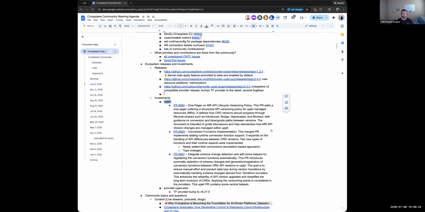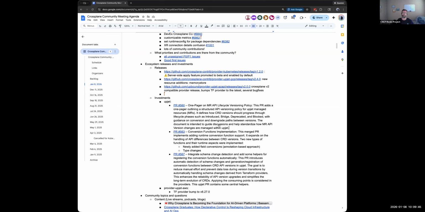Any folks that have providers of their own and are interested in influencing this effort, there are a couple of different PRs to look at that are all linked here. One is the design: what do we want to do for API versioning and lifecycle? What is the intent and the experience that we want to expose?